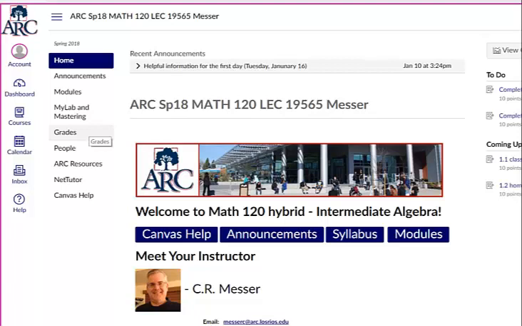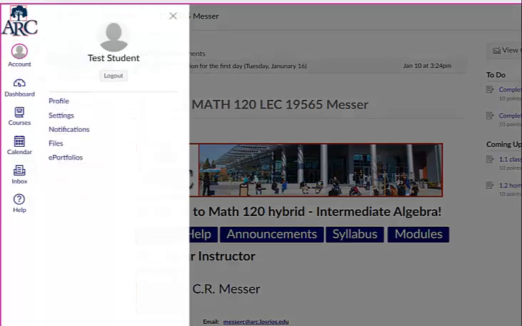Let me talk a little bit about communication. If I want to communicate with you outside of class, I can either post an announcement or most likely I would send a message to the class through the inbox. Now this is very, very important. At the beginning of the semester here, you need to go into your account and you need to click notifications and you need to set this up so that you receive an email anytime I post an announcement or send